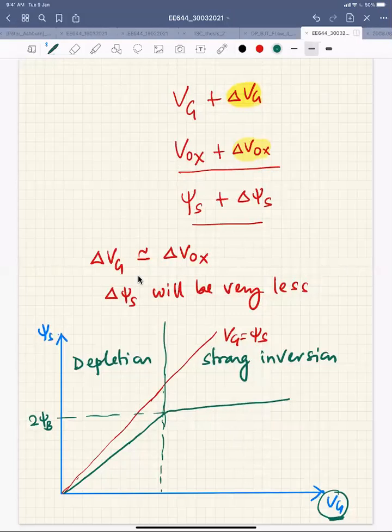Sir, I have a question. I understand everything till now, but I am just wondering what is happening physically after inversion, that all the voltage drop is only going to the oxide side. It's a very good question, right? So, what is actually happening is